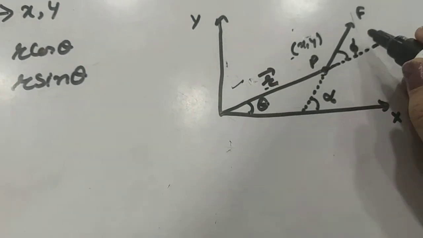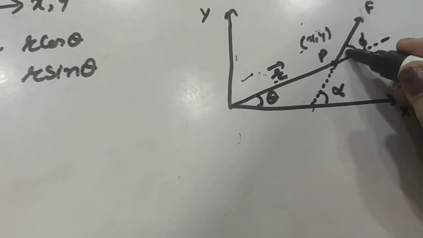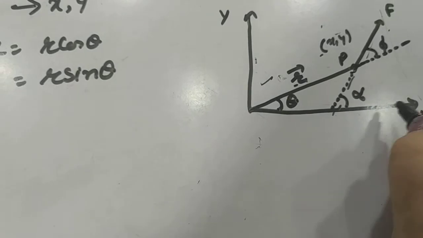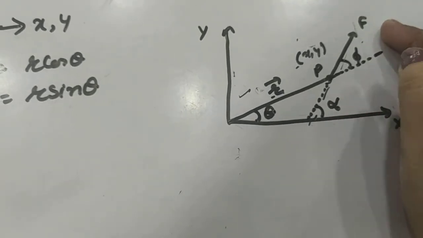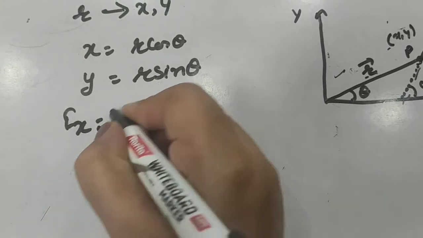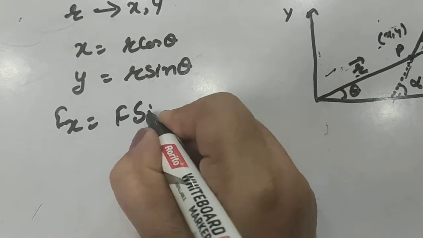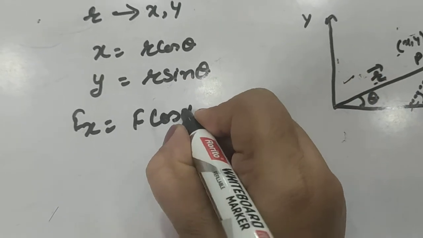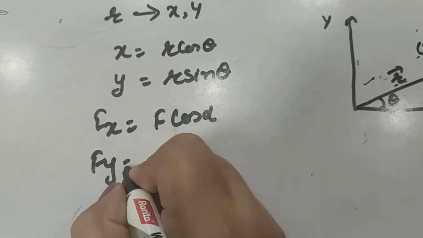Now suppose the line of action of force is making an angle alpha with the x-axis. So F also can be resolved into two rectangular components: Fx is equal to F cos alpha, the horizontal component, and Fy is equal to